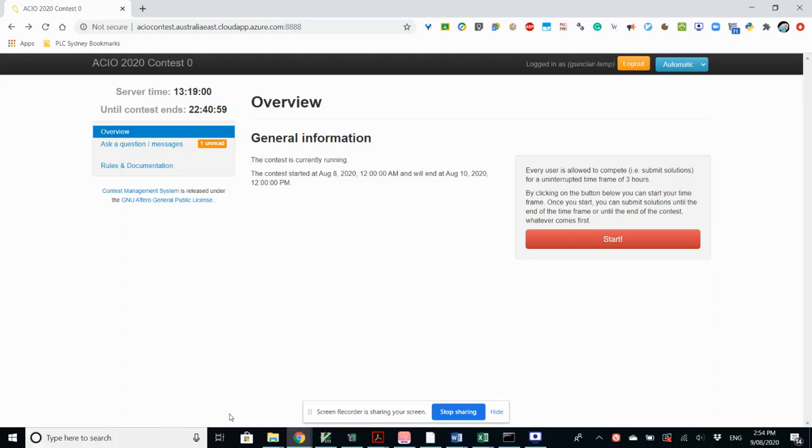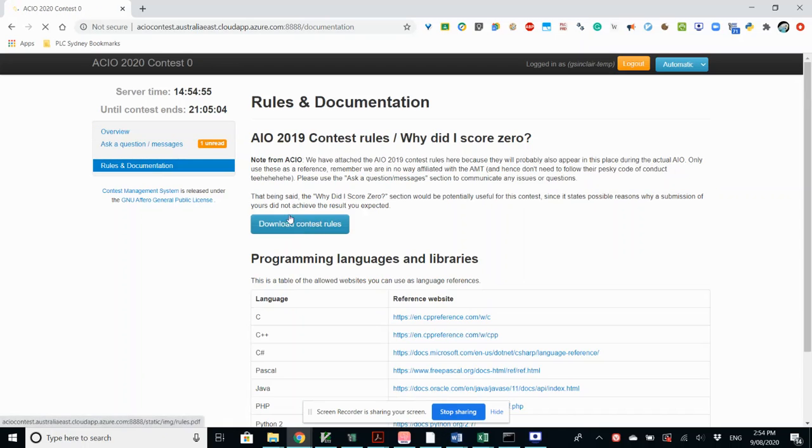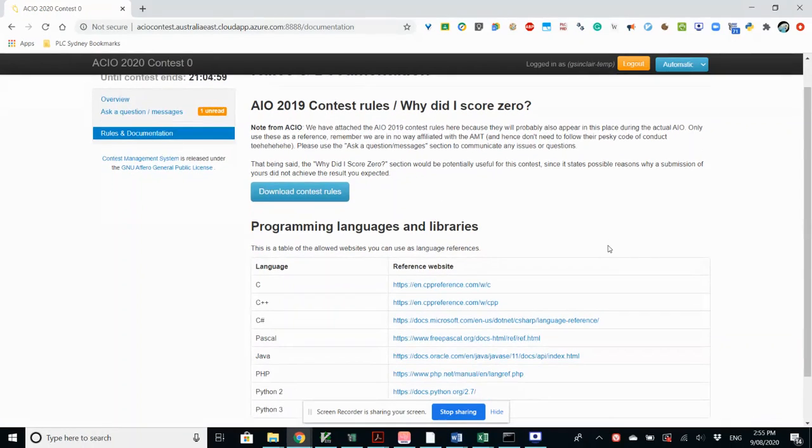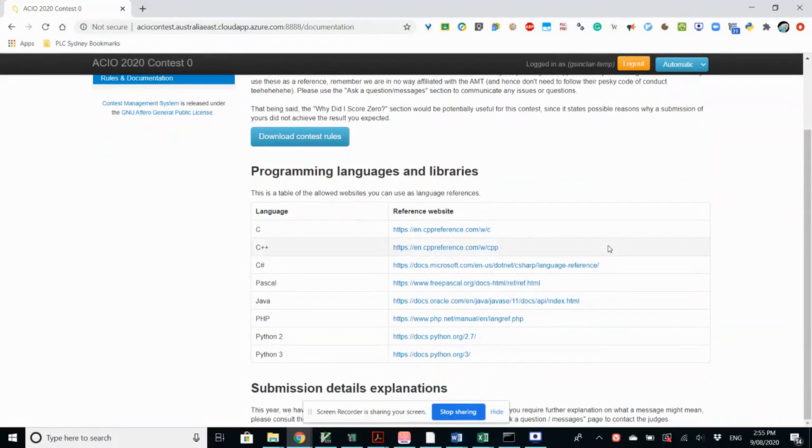This is the screen you see when you log in to the competition webpage, and this is exactly what the AIO would look like. When I click start, my 3 hours will begin, but before I do that, I'm going to click on rules and documentation. And I won't go through all this in complete detail, but